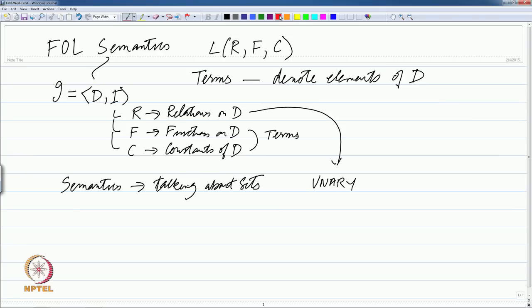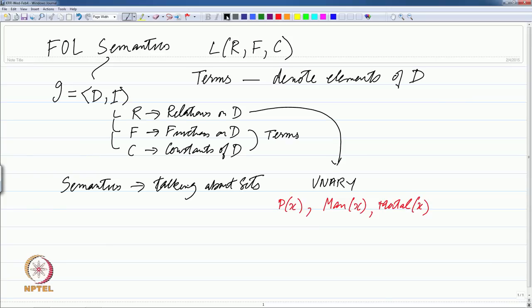So, for example, we have already said man x or mortal x. When it is unary, it basically means that it takes one argument. We could have said p of x, it does not matter. Just like in computer programming, the name that you give to a variable is immaterial, it does not have any effect on the computation that you are doing. Likewise, in logic, the name that you give to a variable or to a predicate is immaterial. What really matters is the relations between elements of a set essentially.